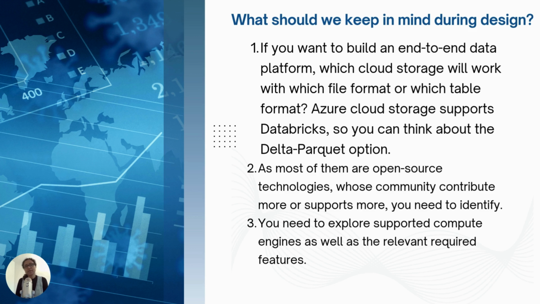For example, if your cloud storage supports Databricks, you can think about the Delta Parquet option. Another scenario is that as most of them are open source technologies, you need to identify whose community contributes more or supports more so that you can get more benefit. Another option is that you need to explore supported compute engines as well as relevant required features. Okay,